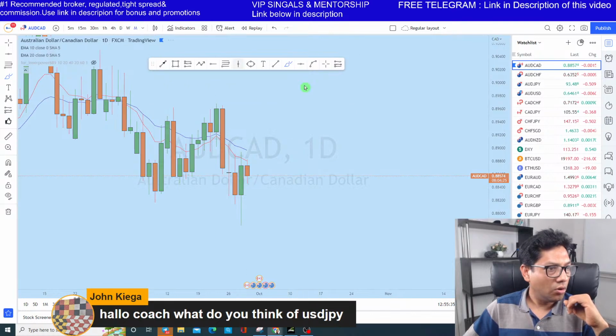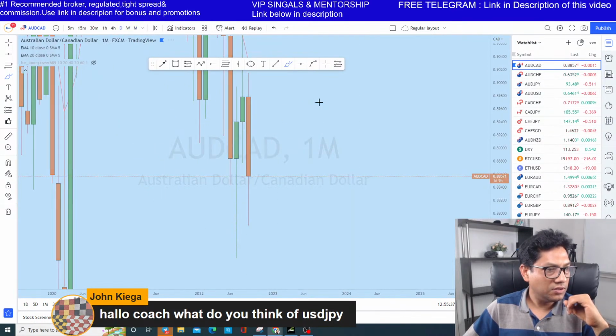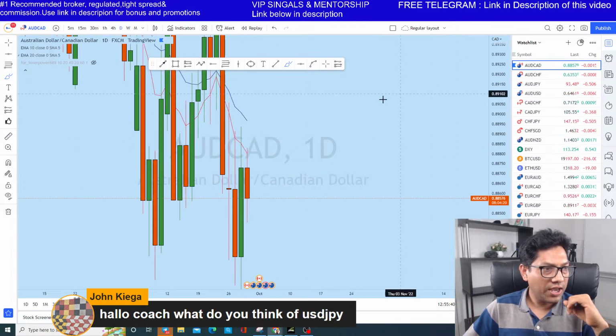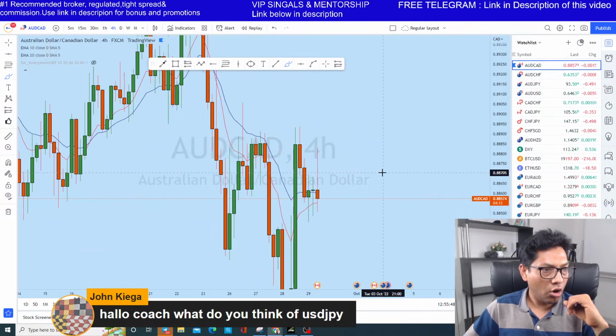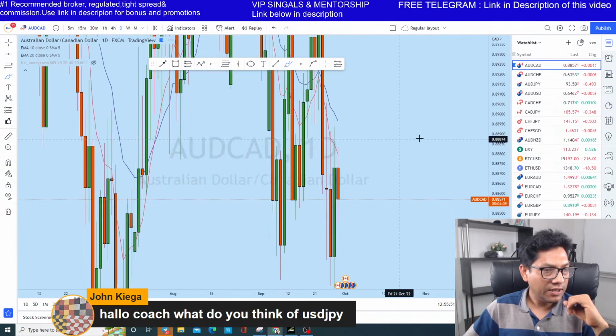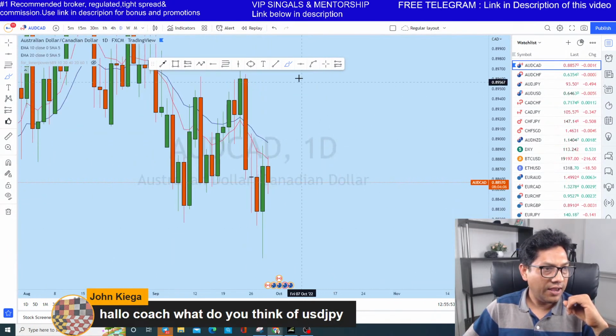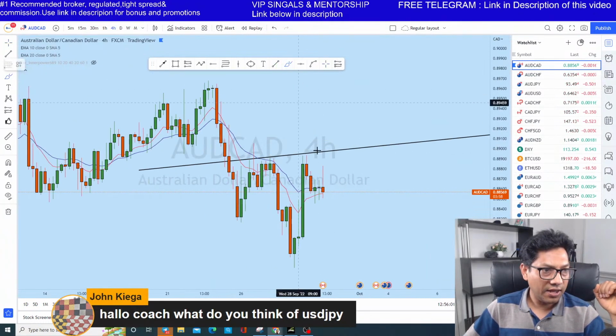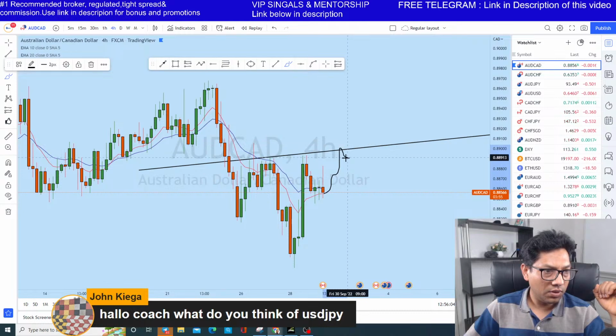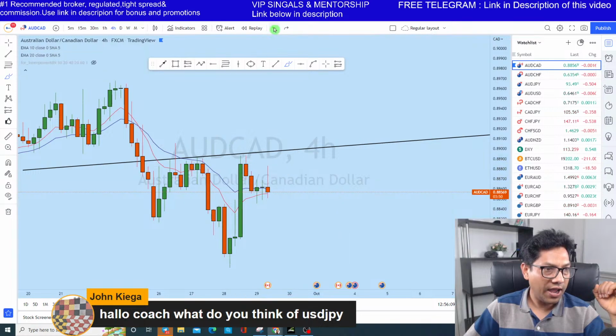Looking at all the time frames, monthly, daily, on AUD CAD, I still think that the price might test this daily 20 period moving average. So I will not be trading this one until I see it. This is the AUD CAD, and I will be very happy to sell AUD CAD if it touches this daily 20 period moving average, which is here. What I think is that there we could see another wave going up, and then finally a drop. Let's see what happens, and then we'll decide which way the market is heading.